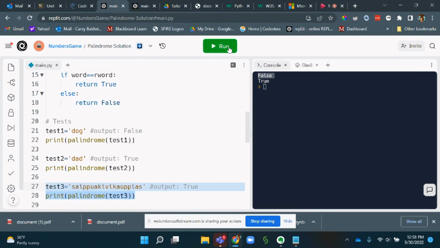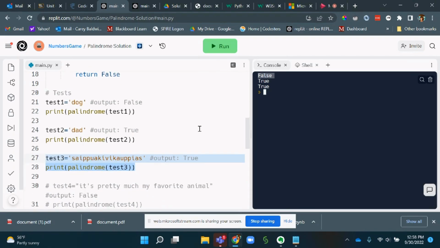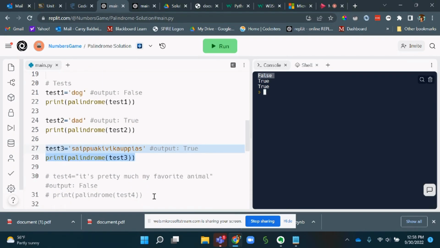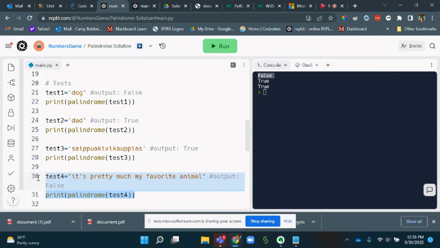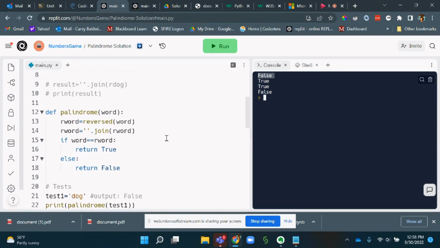Have some extra ones here. This is a Finnish word that means dealer of lye, which is a caustic type of chemical. One of the longest single word palindromes. And then we have a phrase from a movie that I like. Maybe you've seen some other references to that movie. So we appear to be getting the correct output. So we seem to have the right functionality here for our